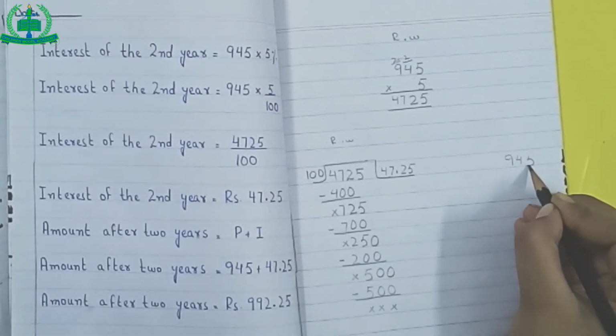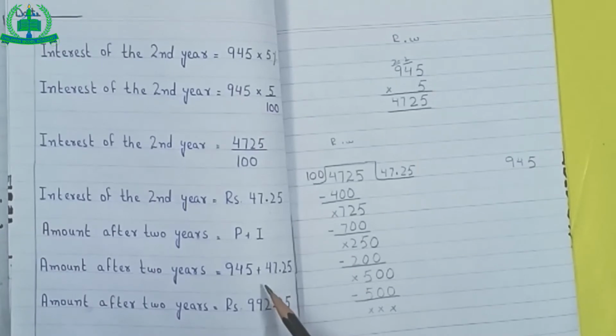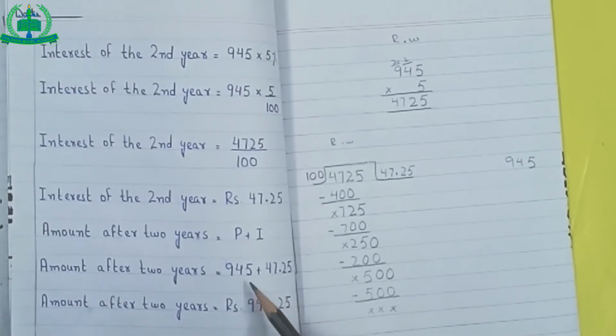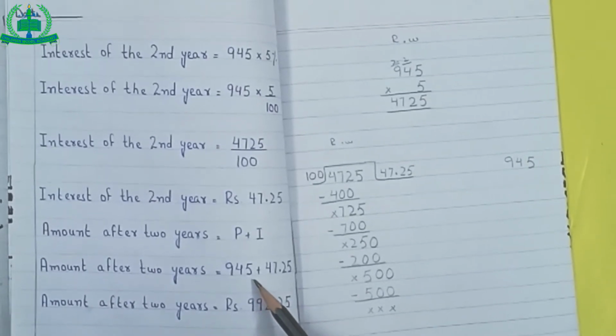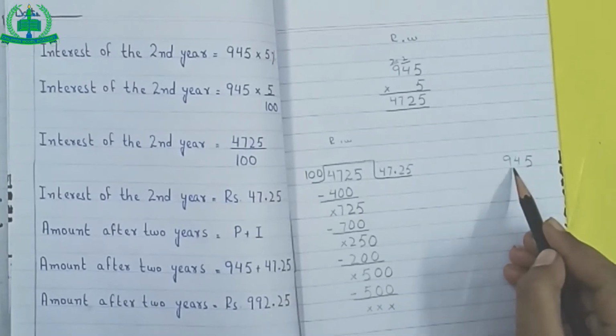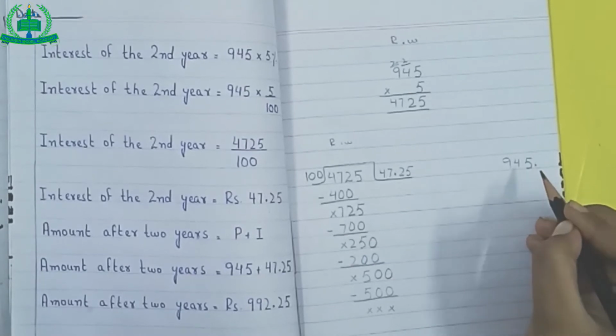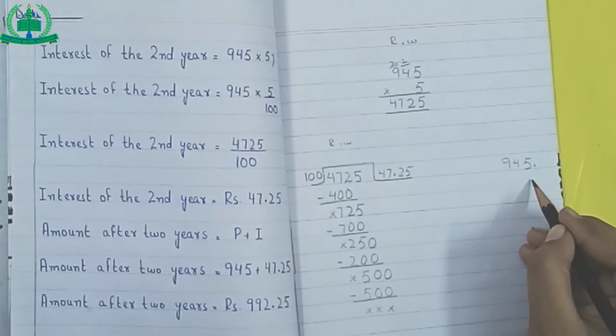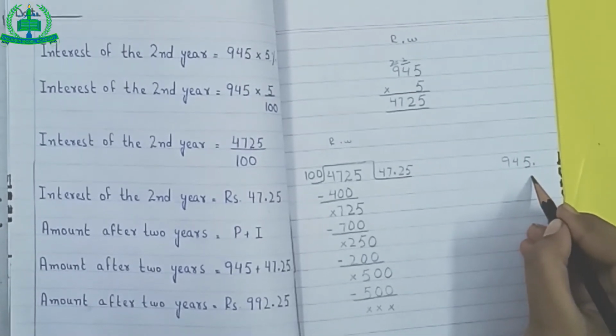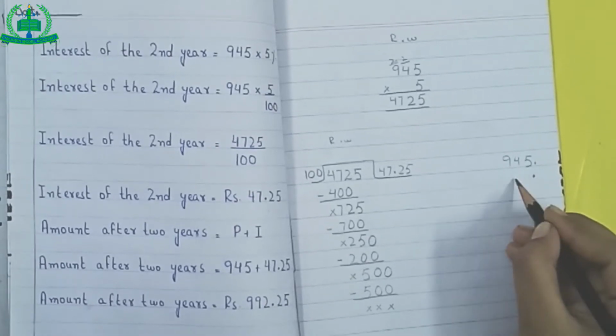945. In this expression, second value has a decimal, but the other value is without decimal. According to the rule, when there is no decimal with the value, we put decimal after unit value. When we do addition and subtraction, we make sure that we write decimal under the decimal.